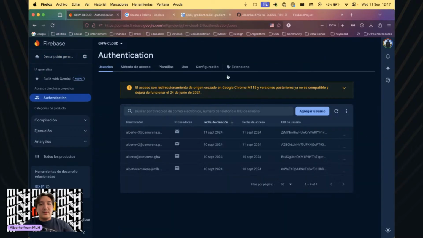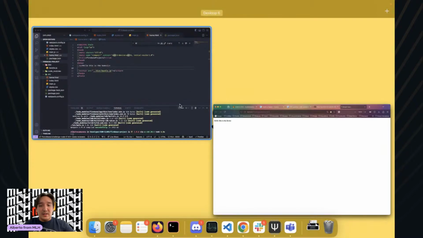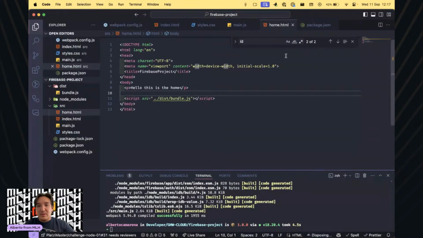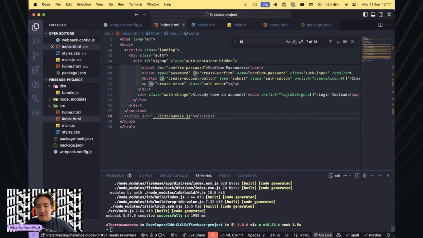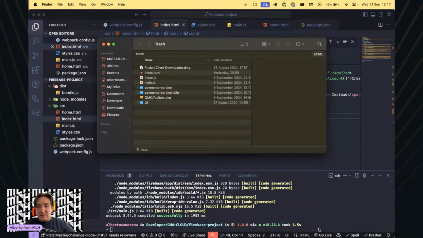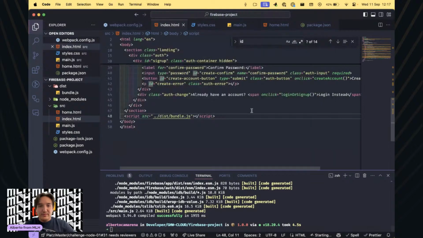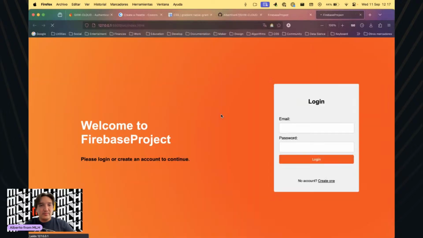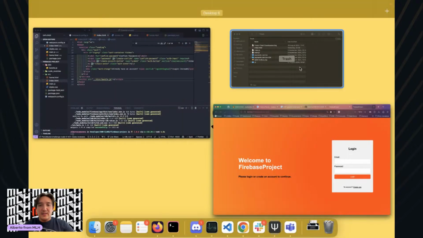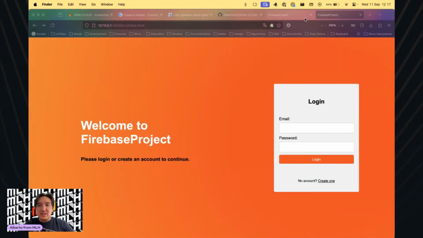Yeah, this is where we were. Source home. And no, let me close the port because this is the one I wanted to open. Okay, nice. So we can close this,